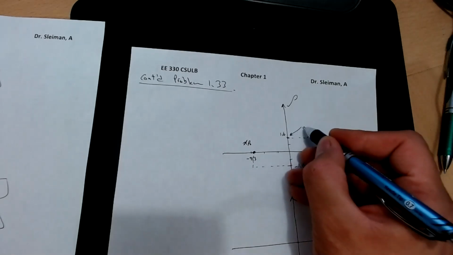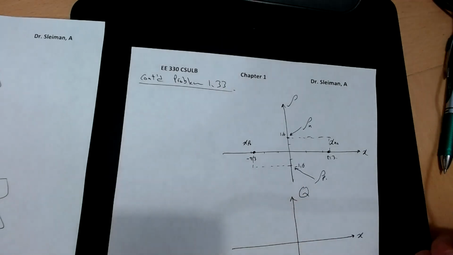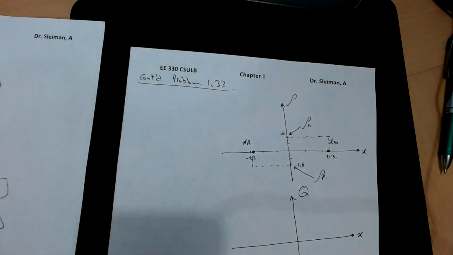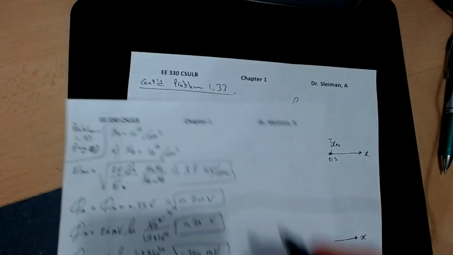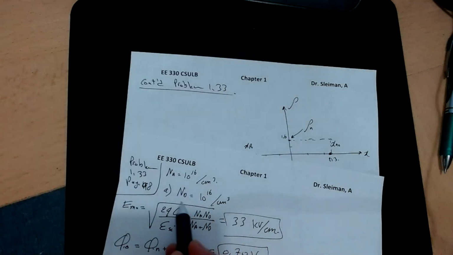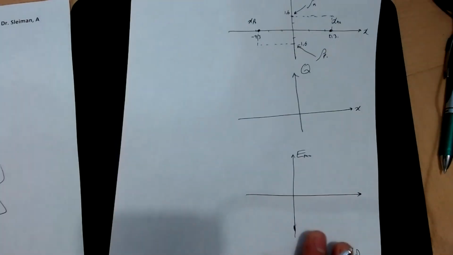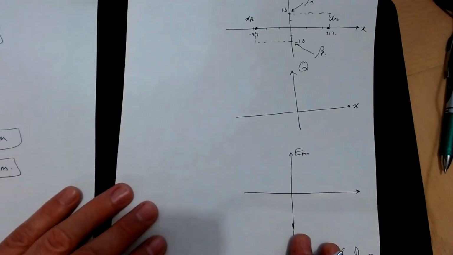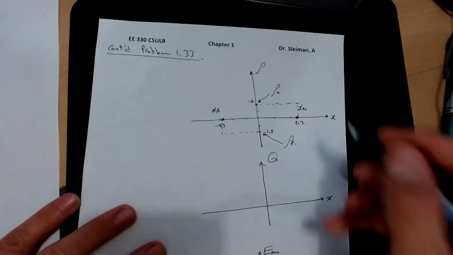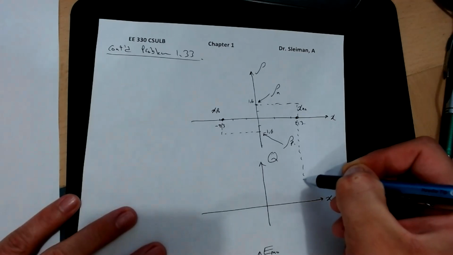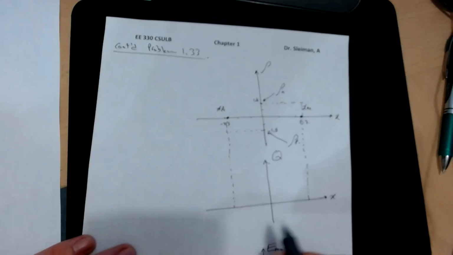Here at this point, this is rho N, rho P. And we are getting the values from the first one, where we have N_D equal to 10 to the power 16. For the Q, most likely 213 is here, and negative 213 is here. So the shifting point is